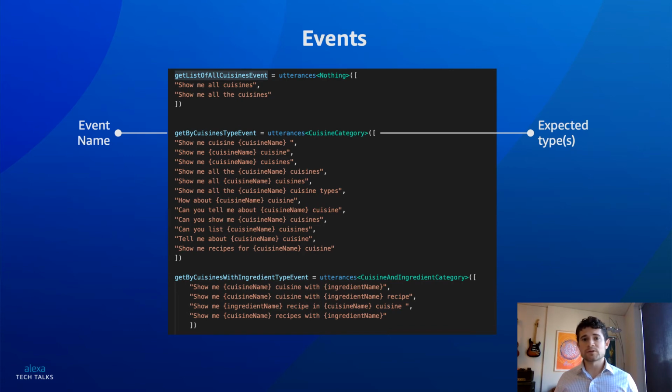When there are multiple slots in the utterances in your event, instead of saying this is slot type A, slot type B, you can create a custom type with both of those, and then use that parent type in the block to allow for multiple utterances. You can also set some of those fields within that parent type. The subfields within the parent type are optional, so there are optional inputs within that event. In the case where there are no slot inputs, it's just an utterance with no slots. You can also use the nothing built-in type here to get coverage for that event and avoid any validation errors.